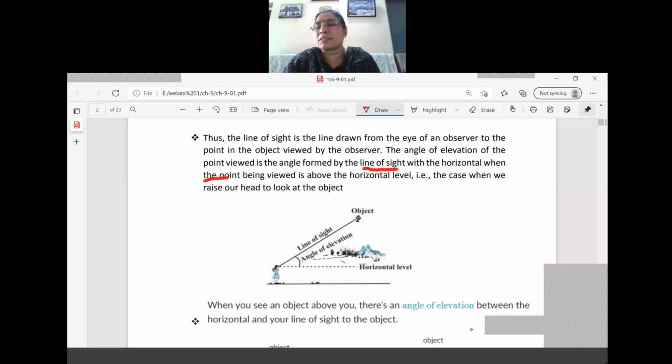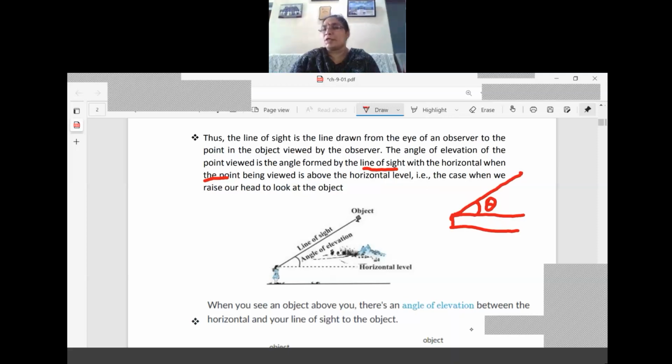For example, for the same diagram we can make it like this: first the ground level, right? Next some height will be there. Then from the eye we are drawing a parallel line. Now the object is here. What happened? Through the eye we are observing this object. So with this horizontal, we are making an angle. Let it be theta. This theta is called the angle of elevation. So, from the first horizontal level,